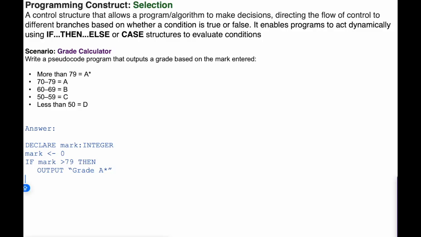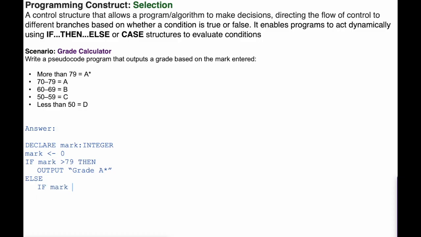Okay, then we're going to say else, because if that's not true, we're going to say if. Notice my if is inside my first if in terms of the indentation. This is very important, okay? So these nests of ifs are linked together. So we look at the mark. If it's not greater than 79, we jump to else and we go straight to this additional if,